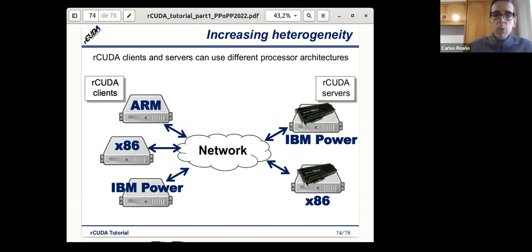So it will be possible to mix all these kinds of architectures in order to use remote GPU virtualization. This could also be a way of benefiting from rCUDA.